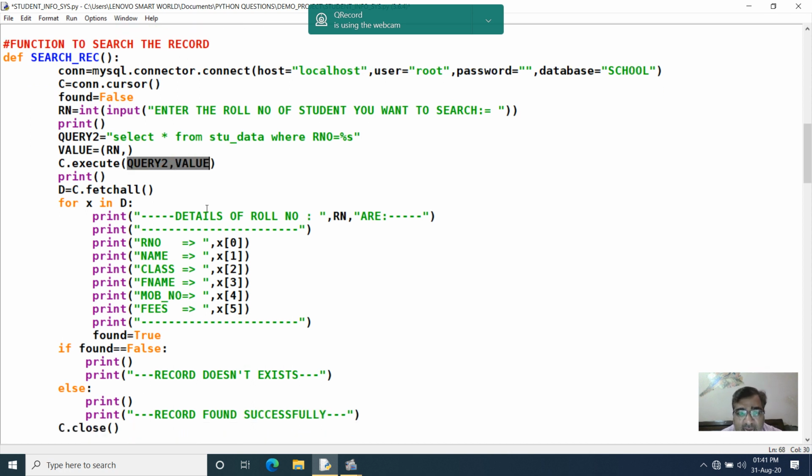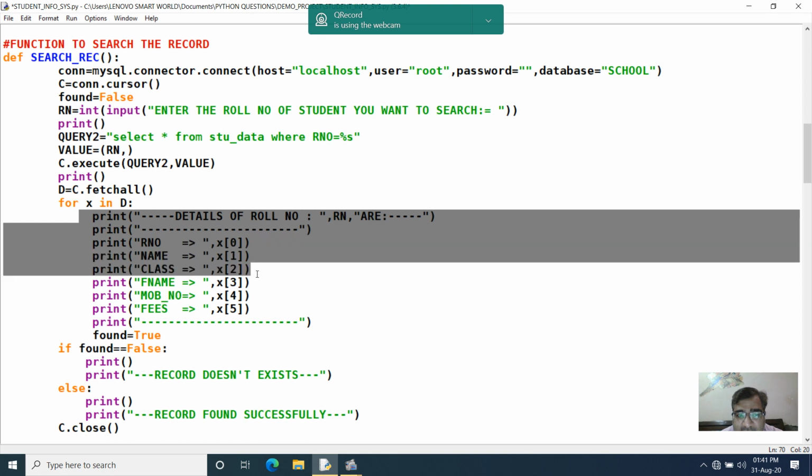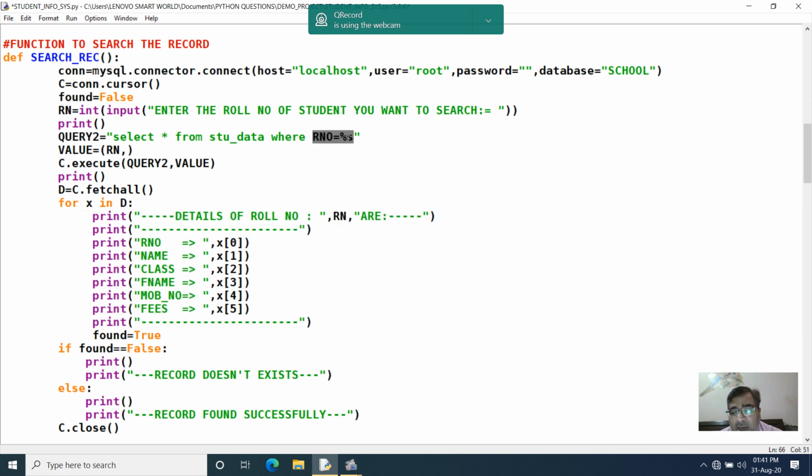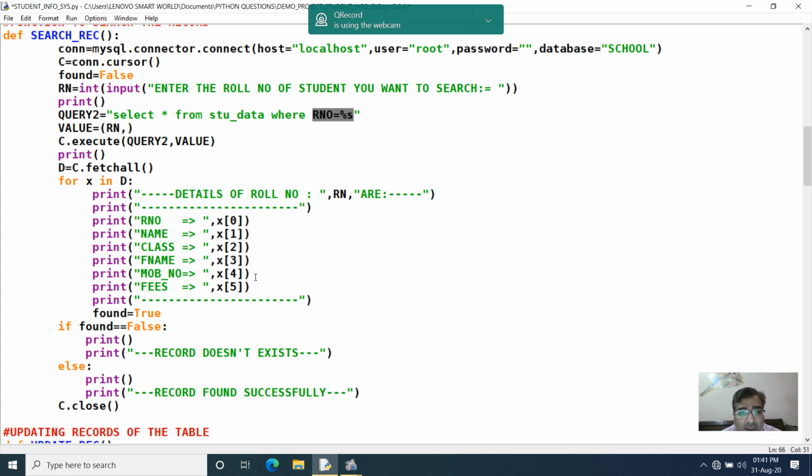Accordingly I fetch all the records, but only the record which satisfies my condition will get displayed, and my condition is that the roll number I have inputted should match the roll number placeholder. Now here you can see this variable found. I have taken the value true.